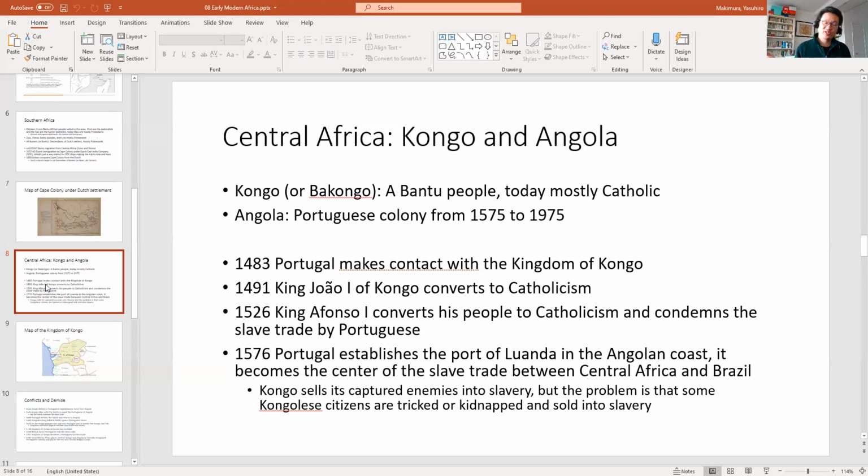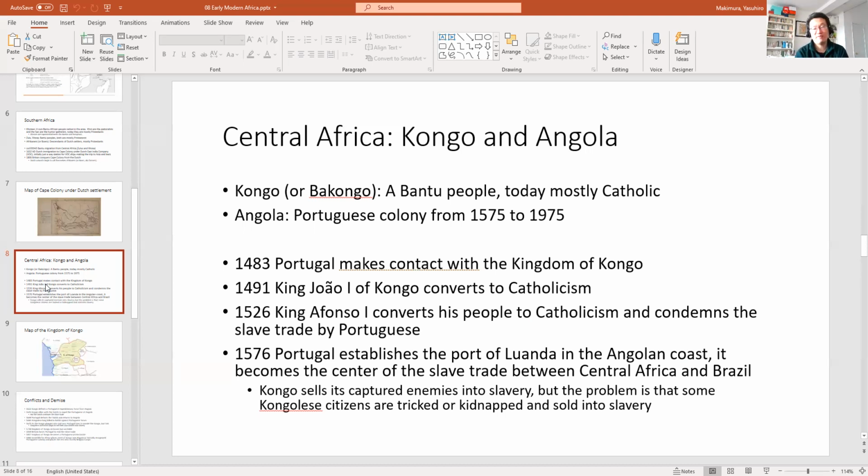The Portuguese ship then just ships those people all the way to the New World, and the Portuguese ship captain just lies and says, "Hey, these are all slaves," and sells them all. This is what the Kingdom of Congo was not happy about. You can't trick people into slavery. Selling our enemies into slavery is fine, but you can't trick our own people into slavery.